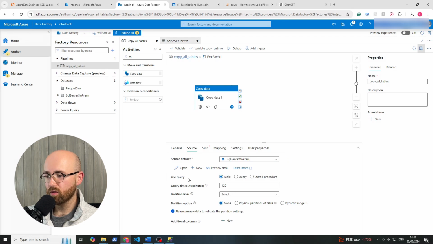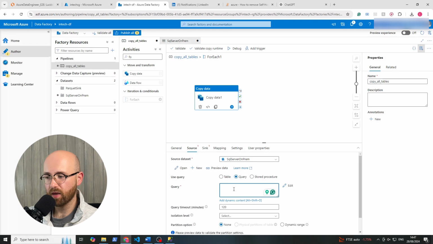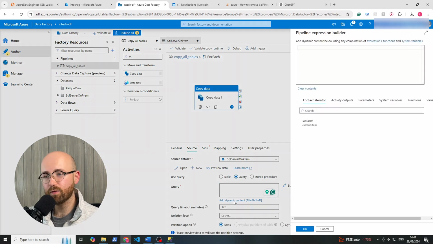However, for the query, we don't want the table, we want to actually use a query. And for this query, you can see there's an add dynamic content part, and this is what we want to add, because for every for each loop, we want a different table name to be copied over. I'm going to write this expression which says concatenate select from